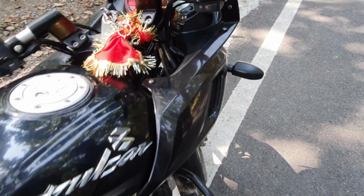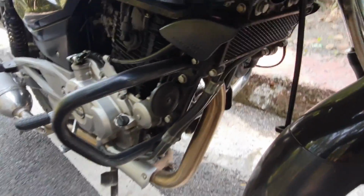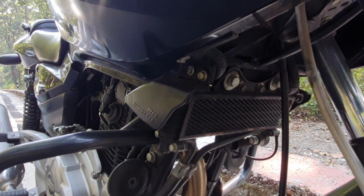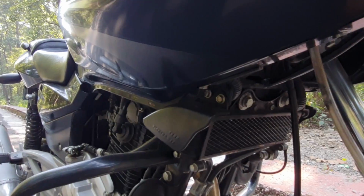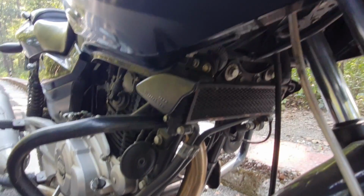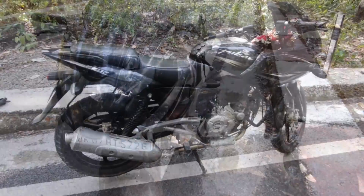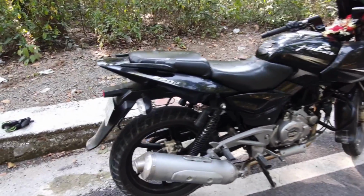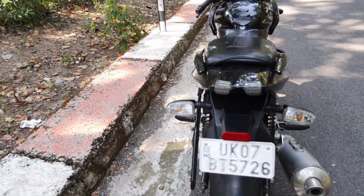So that is the Pulsar 220 for you. Obviously this is the oil cooler of this motorcycle. So yes, oil cooling has become old, but nothing is old for the Pulsar 220 because it is quite old in itself. So this was the Pulsar 220 for you guys, a seriously legendary motorcycle, and obviously it has lived a long life